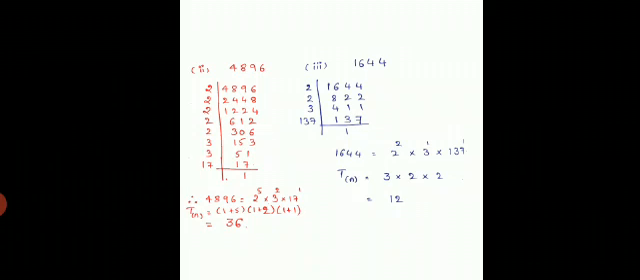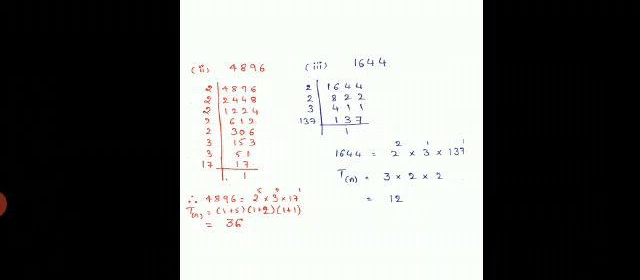Similarly, the third one, that is 1644. Again, this number ends in an even number, so divide it by 2 only. We get 822. Again, divide it by 2, you get 411. The last digit is 1, it ends in an odd number, so it can be divisible by 3. Then you get